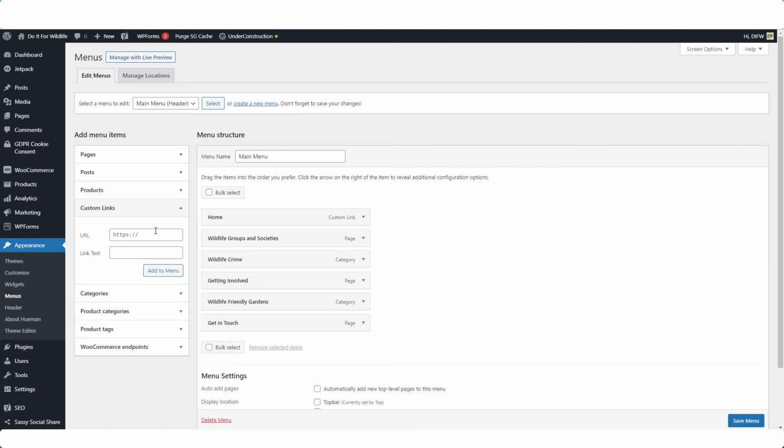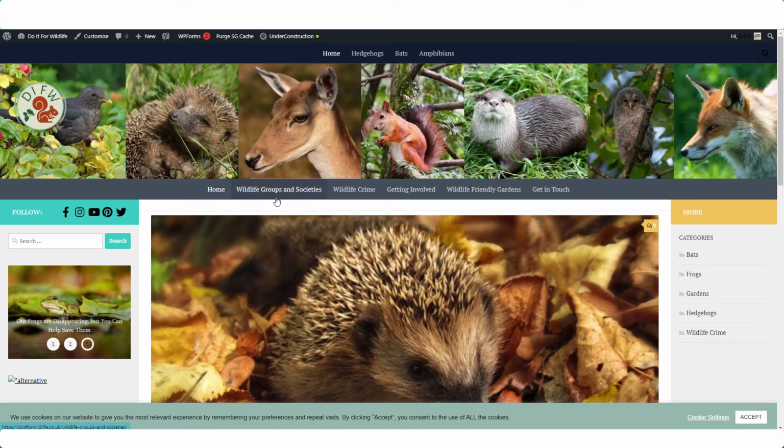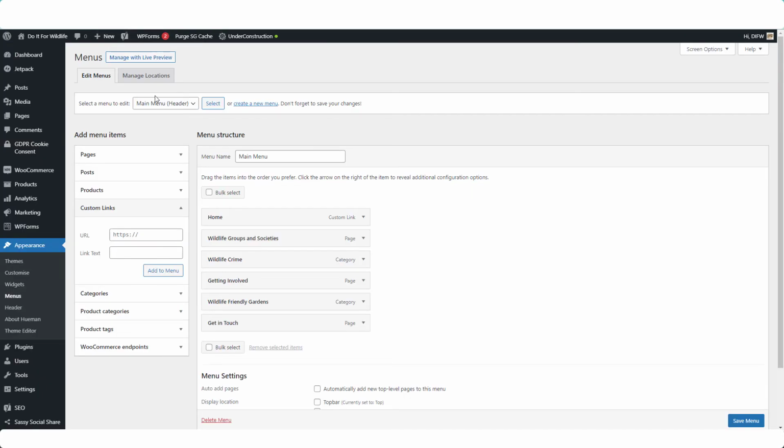Or sometimes with certain WordPress themes, the home page is missing from the menu. And there should always be a link in the menu that goes back to the home page or the blog page, and the blog page is usually the home page. So to create a custom link and add it to the menu for the home page, all I would need to do is to put the URL of the home page of this blog in here and enter the text that I want to show up on the menu, which would be home,